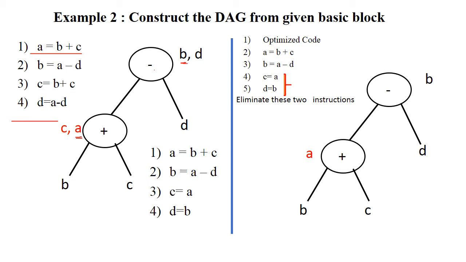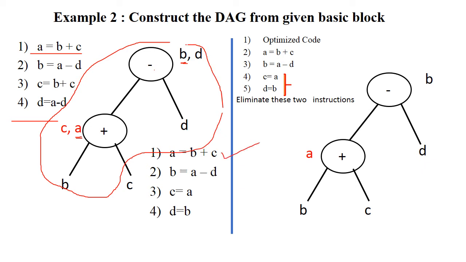Okay. Now if we walk through this particular DAG, then just go through it. A is equal to B plus C, this instruction. Then B is equal to A minus D, this instruction is there. Now value of the C is assigned to the A, so this instruction is changed. Okay, so it is required to eliminate the B plus C which is present on the right hand side part of the C. Okay, so it is called as an elimination of the local common subexpression, because in this particular expression A is equal to B plus C, on the right hand side there is a common subexpression B plus C, here is also common subexpression B plus C.